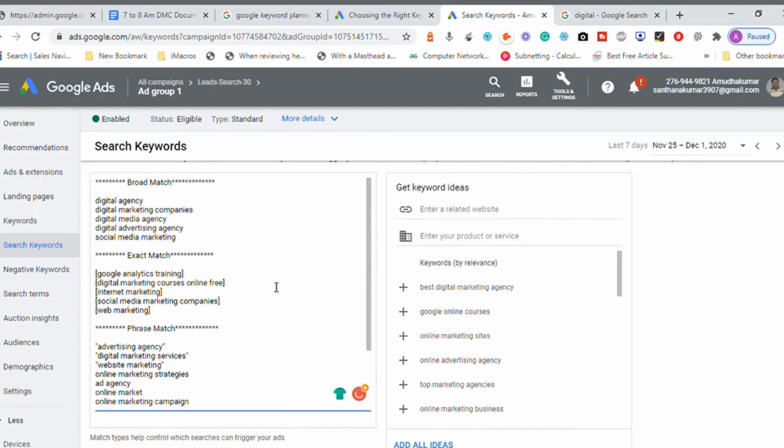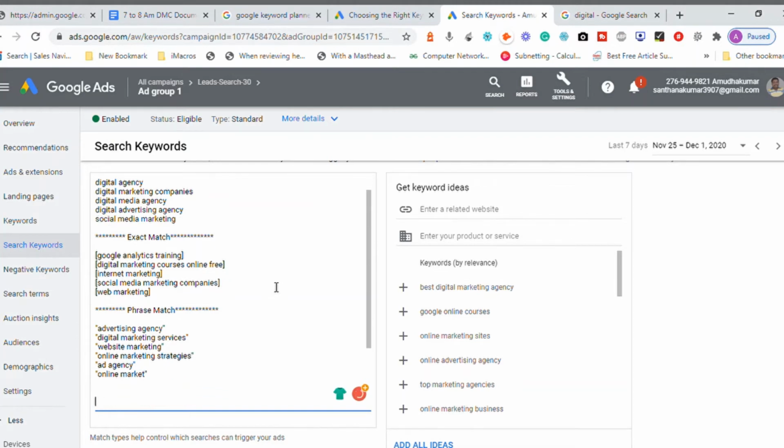You have to do it manually, or we can also change it under the keywords option in your advertisement campaign. So like this, online market, I'm just doing it at random. So that is phrase match. Also I'll talk about broad match modifiers, and finally I'll be talking about negative keywords.